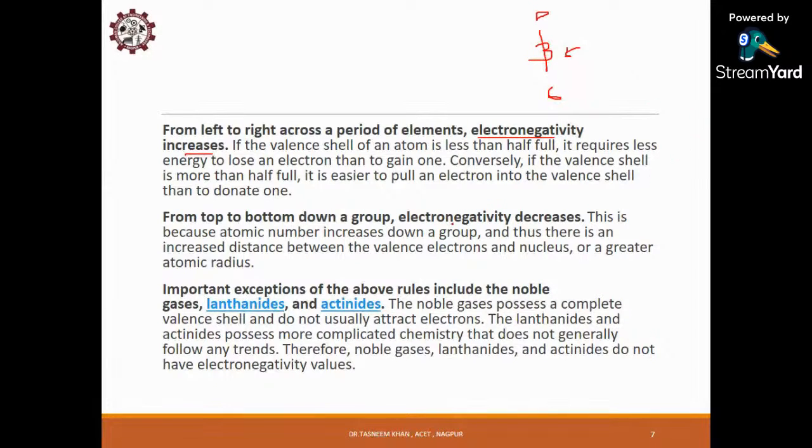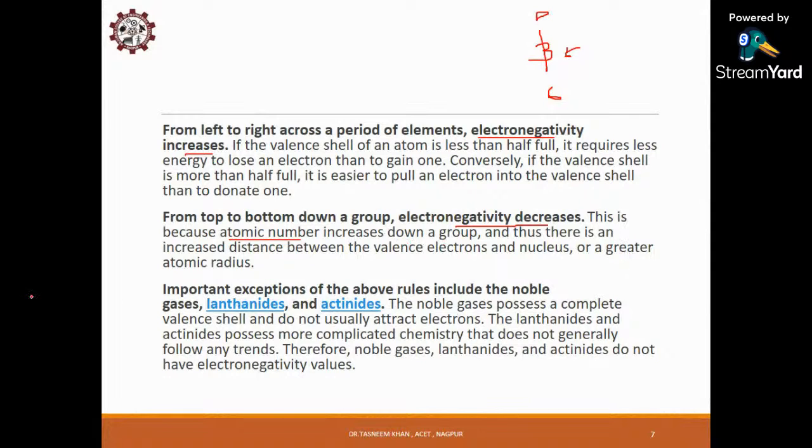ओके फाइन. सो जब आप ऊपर से नीचे आते, when you move from top to bottom in a group, electronegativity decreases because atomic number increases, or there is a greater distance between the nucleus and the electron or the valence electron. So the atomic radius basically increases. So atomic radius अगर बढ़ता है तो electronegativity automatically क्या हो जाती है, वो decrease होती जाती है from top